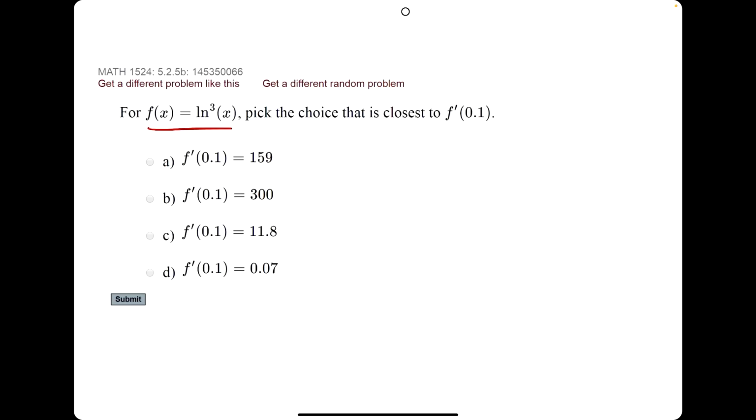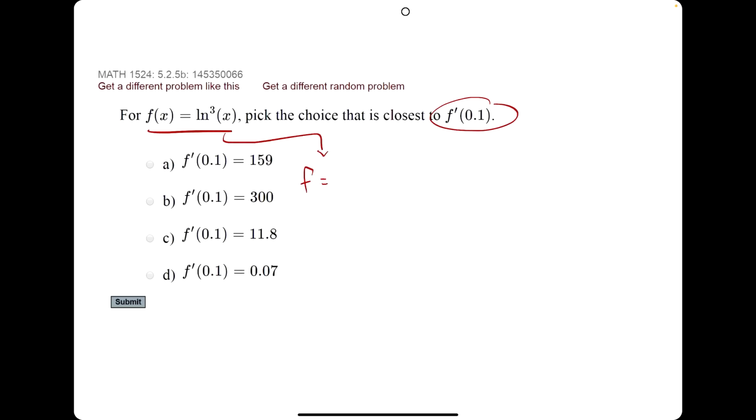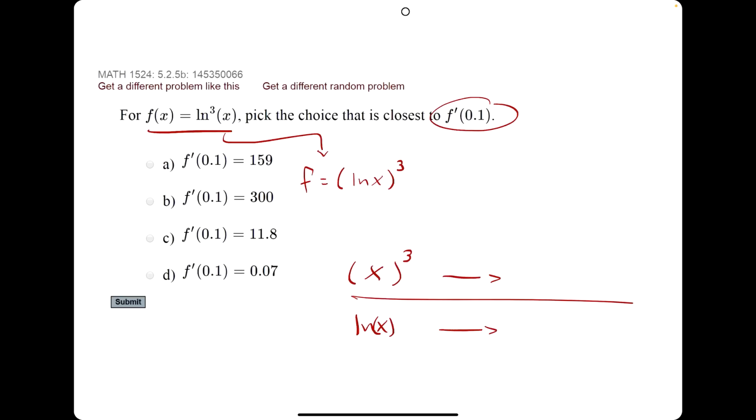In this problem, they give us a function and they ask us to find f prime at 0.1. So we need to find the derivative first using chain rule and then plug in 0.1 at the end. For a function like this, it'll always help to rewrite it as ln of x all to the 3rd power. In doing this, we can more easily see our layers, our inside layer and our outside layer. Our inside layer is the ln of x, and our outer layer is that exponent of 3, so it's like we have x cubed. So we take the derivative of both these layers to get 3x squared and 1 over x respectively,